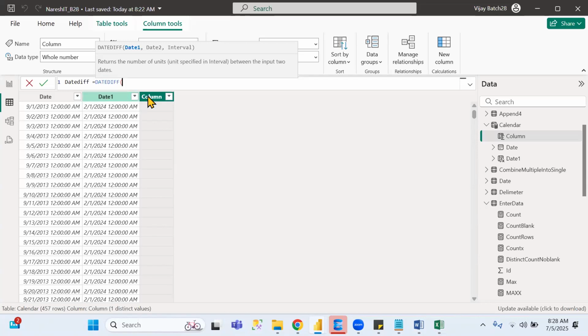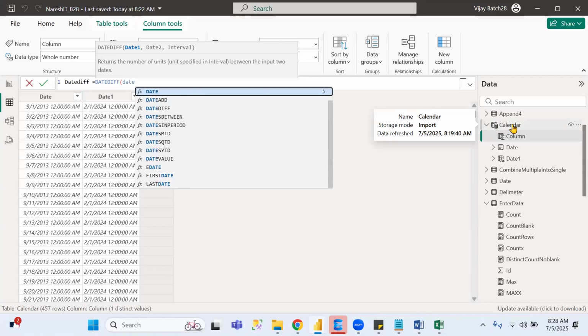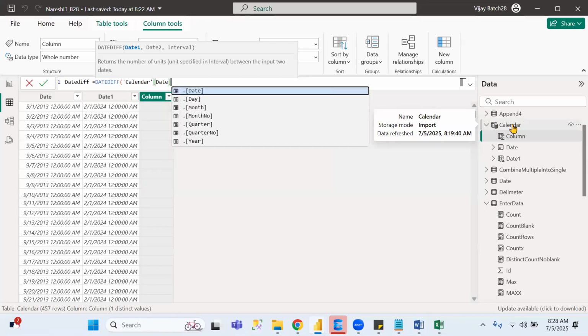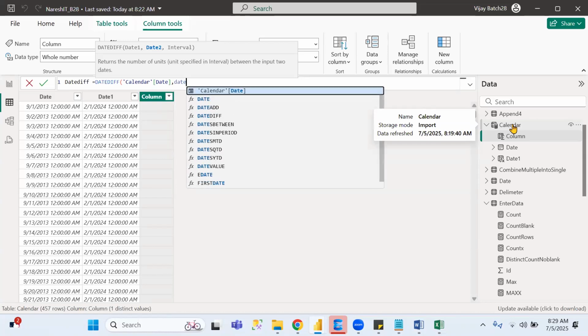In which data set am I applying the DATEDIFF function? The Calendar data set. This is the data set, right? So in this data set, date columns only you have to use. You cannot use other data set date columns. Okay. See here. What is the date one column here? Date, comma, date,